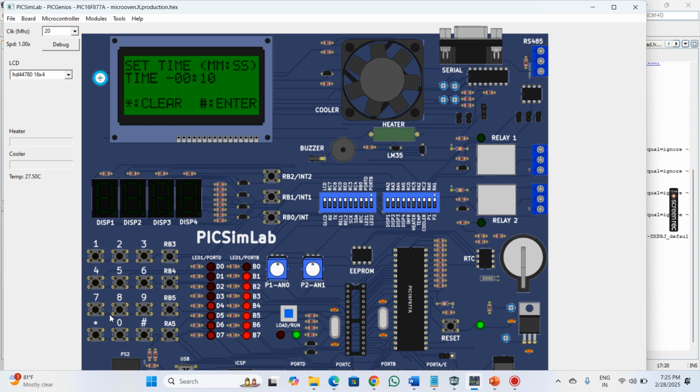But it is too low. So I need to clear it by pressing star. You can clear the time. As you can see, as I pressed star, the time is cleared. So again I'm pressing 15. Yeah, it's fine. Then I'm pressing hash, which is enter. As you can see, after I press hash, the time starts counting down and the fan